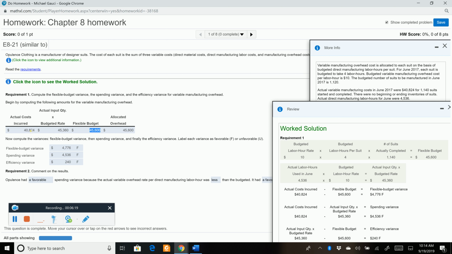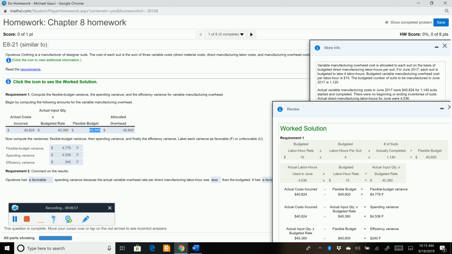So when we compare column 1 to 2, we can see column 1 are the actuals. Flat out actuals is how much we spent. And the middle column is the actual activity times the standard rate. You could see using the standards, it came in higher than the actuals. This is a favorable variance, and this is called a spending variance because the difference here is the rate. Column 2 has the budgeted rate, and column 1 is the actuals. The actual rate is used here. So that's a favorable spending variance,